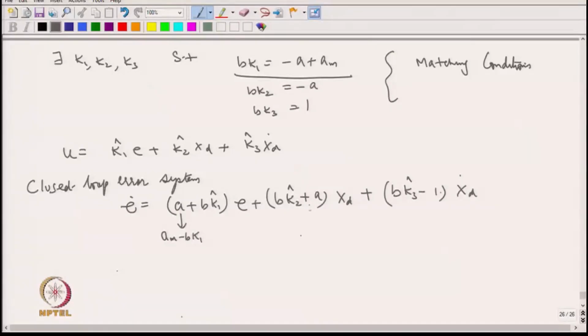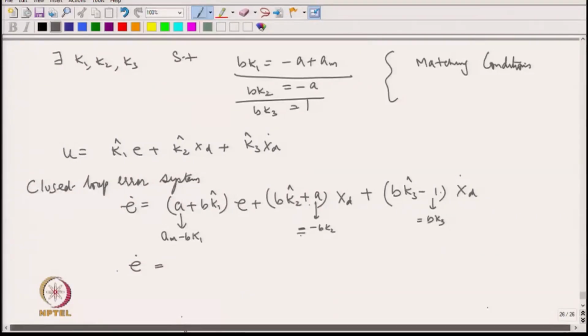The second term in the bracket, BK2 hat plus A, we can manipulate by replacing A by minus BK2, which is given by the second matching condition. So, here we replace this by minus BK2, and now because we want to combine BK3 hat with the matching term so that we get an error, we replace 1 here by BK3. Okay. So, after making these manipulations, what we get is